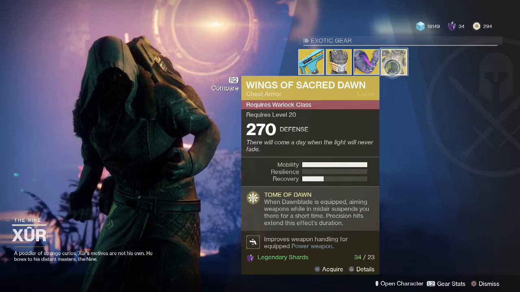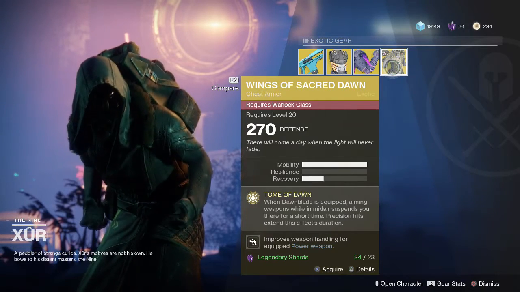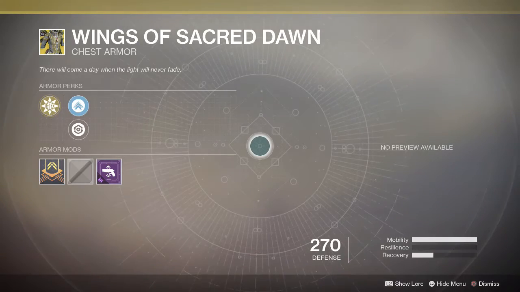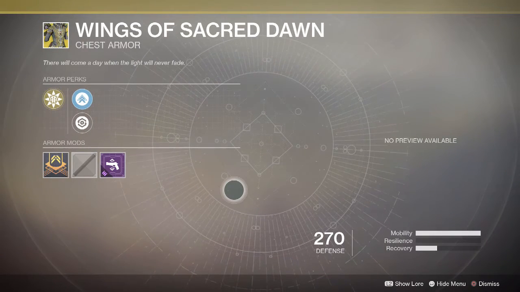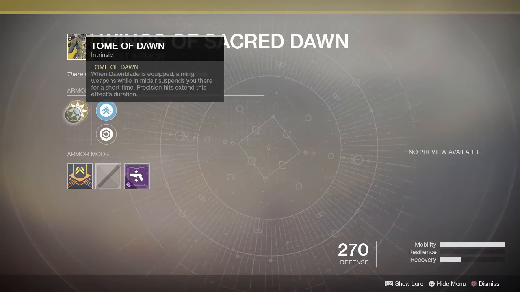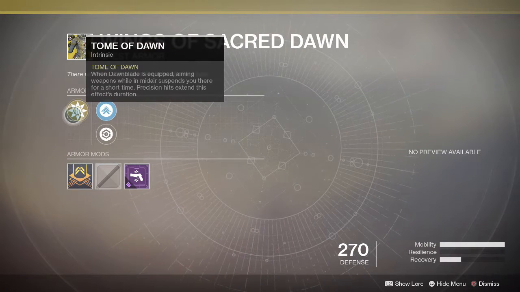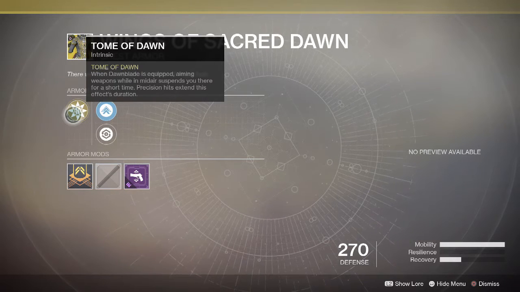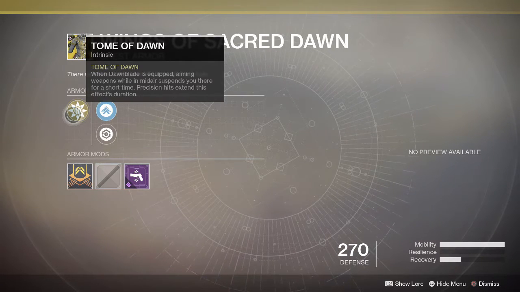And Warlocks, we ain't forgot about you. You are going to get access to the Wings of Sacred Dawn. Now this is the one that makes it look like you're an angel when you have it equipped because of those giant wings coming off of your back. The big perk on this is the Tome of Dawn, excuse me. When Dawnblade is equipped, aiming weapons while in midair suspends you there for a short time, and precision hits extend